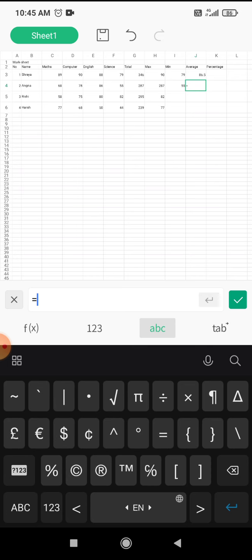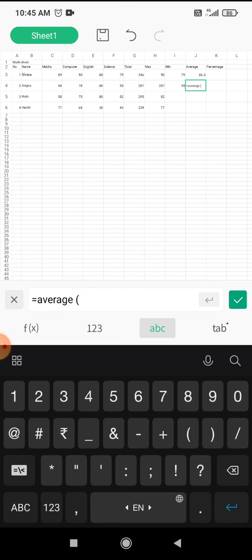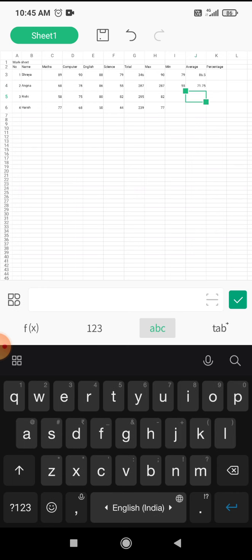Equals to average, round bracket, take the cell address C4 to F4, round bracket over, enter.